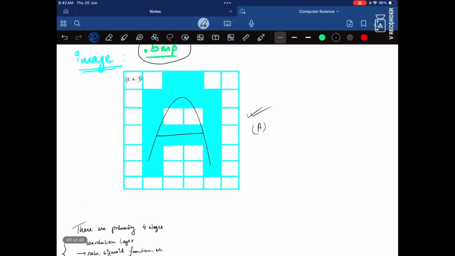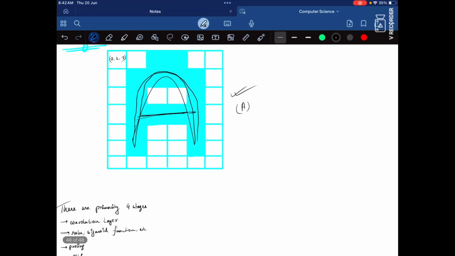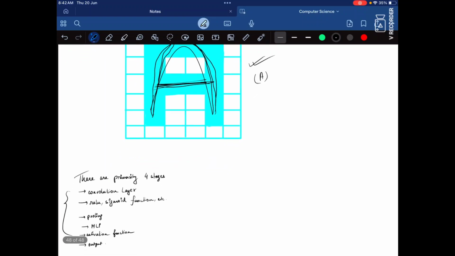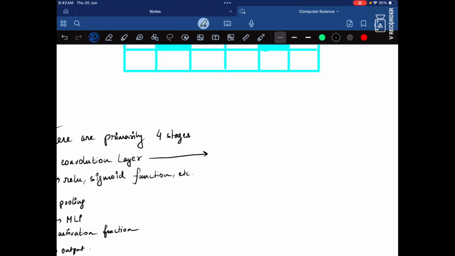Suppose from this image we can understand that this is the part we should be focusing on. This is the basic outline. Anything other than this is just garbage. We don't need that. This part is the main structure of the letter A, so we need to focus on this region. With the convolution layer, we do just that.